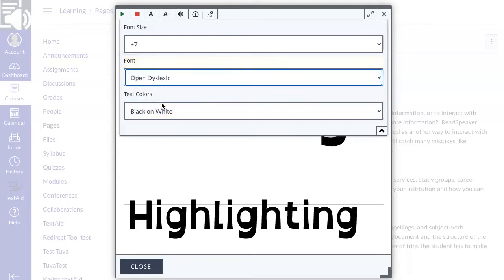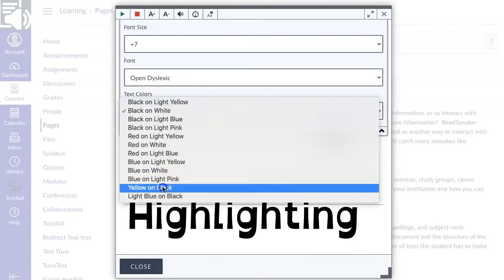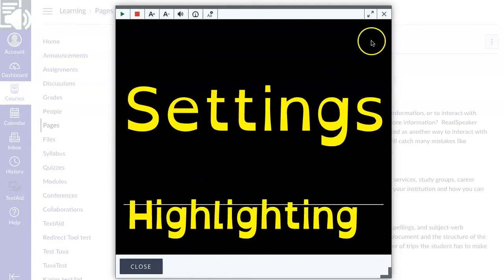Now, the Open Dyslexic font was created around 2010, 2012, so there's still not a lot of research on it, but it does have a lot of good qualities. With that said, there have been other dyslexic fonts in previous times that also are good for students who have dyslexia. October was Dyslexia Awareness Month, and I learned that yellow on black was the best color combination.